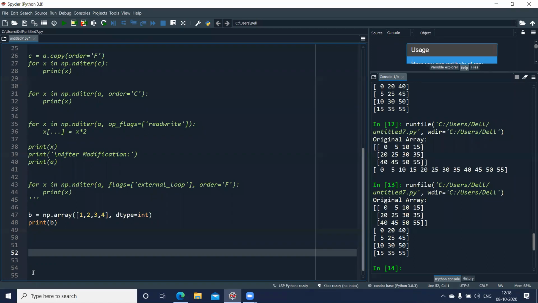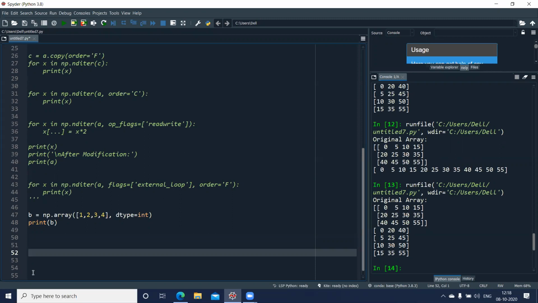Now, because of broadcasting, look at how the values are displayed. Whenever it accesses the first row of my multi-dimensional array, along with that, it is going to access the 1D array. When it goes to the second row of the 2D array, it will be broadcasting this 1D array. So imaginary, virtual values will be created. For Python, it is nothing but a 3 by 4 array in both cases. So 1, 2, 3, and 4, these values from the 1D array will appear for each row of my 2D array.